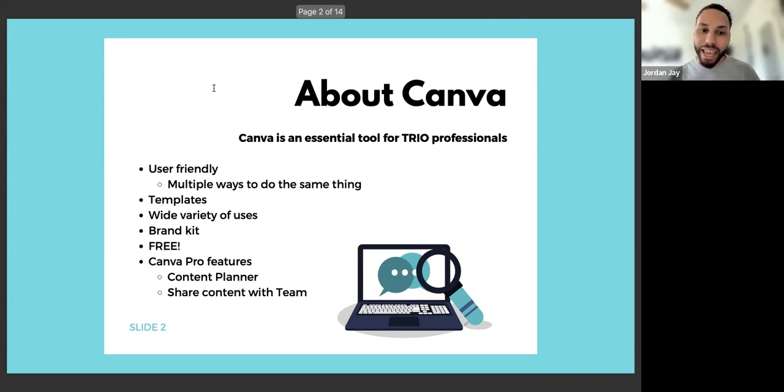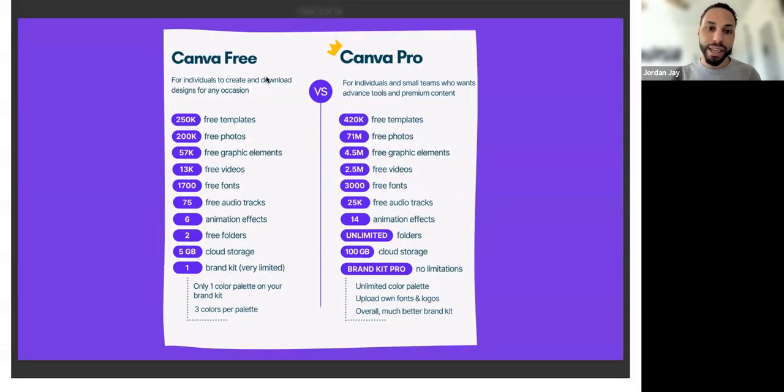But best of all, Canva is free and is accessible to everyone. There's a lot of features that make Canva Pro a great upgrade, but you can access all of the essentials with the free version of Canva. Moving on here.